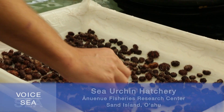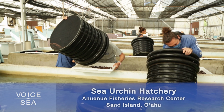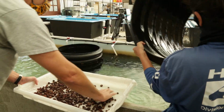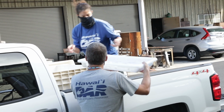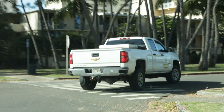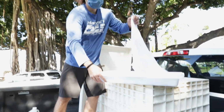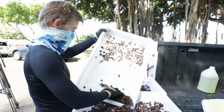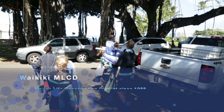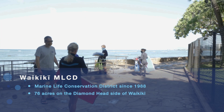Today is Outplanting Day, and we're here at the Ānuenue Fisheries Research Center with Marine Resource Specialist Wesley Dukes and Aquatic Invasive Species Biologist Kimberly Fuller. Right now they're suiting up to bring 2,800 native sea urchins that were raised in our facility out to the Waikīkī MLCD. Each diver will take a tray on a boogie board and swim out to target the hot spots